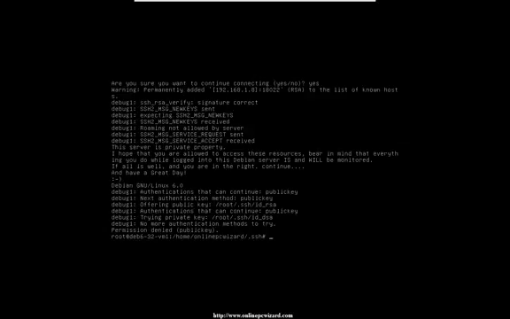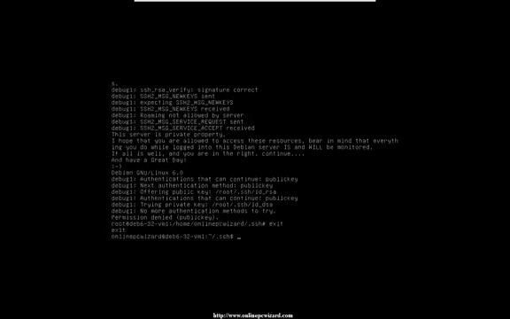and then when we came down, you notice authentication that can continue: public key. Alright, try the private key, no more authentication methods to try, permission denied. Now that is because we are root. So let me just exit and come back out. Let's try that again. SSH -v port 22